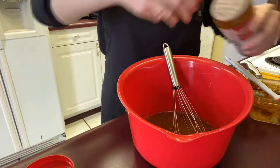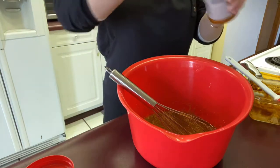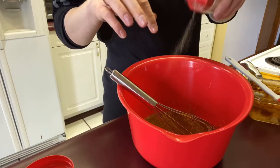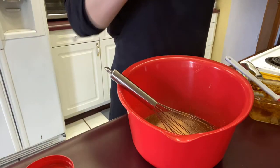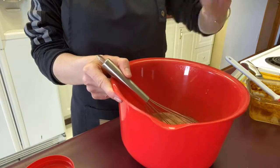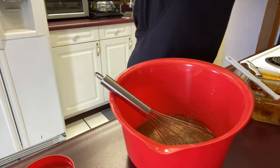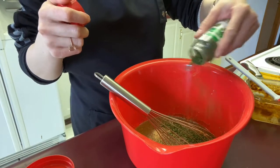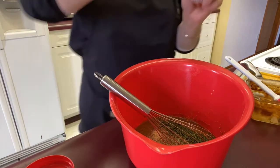I'm going to do seasoned salt, about 1.5 teaspoons, little garlic powder, teaspoon and a half, pepper, 2 teaspoons of pepper, parsley, 2 teaspoons of parsley, add some paprika,